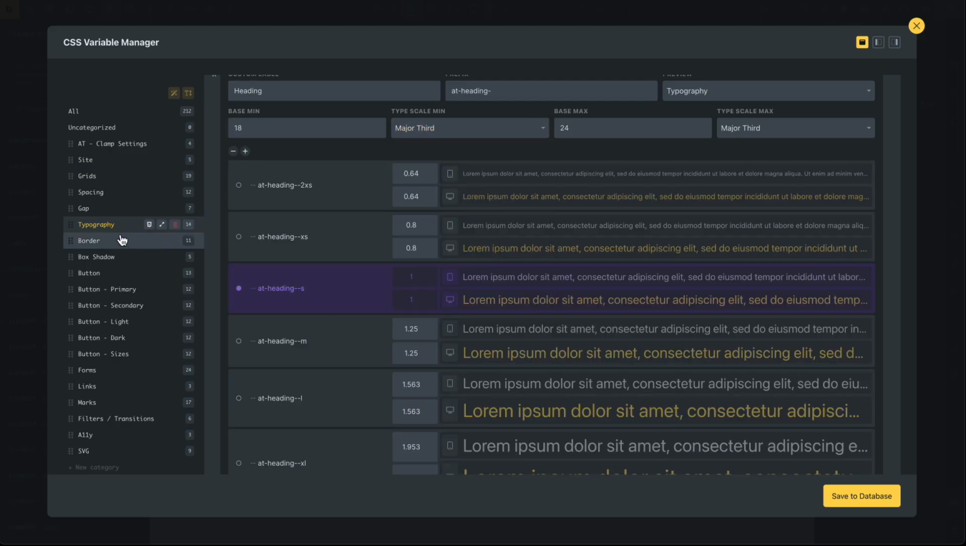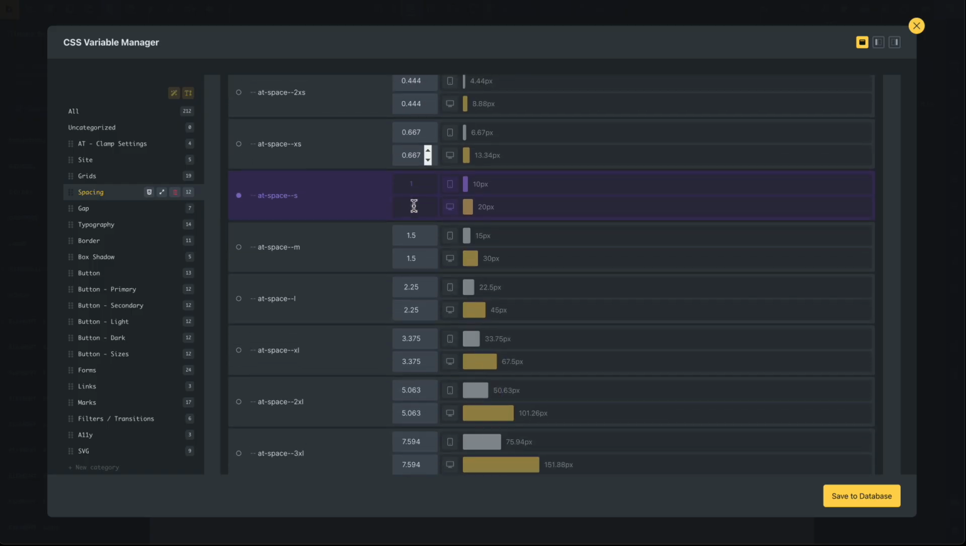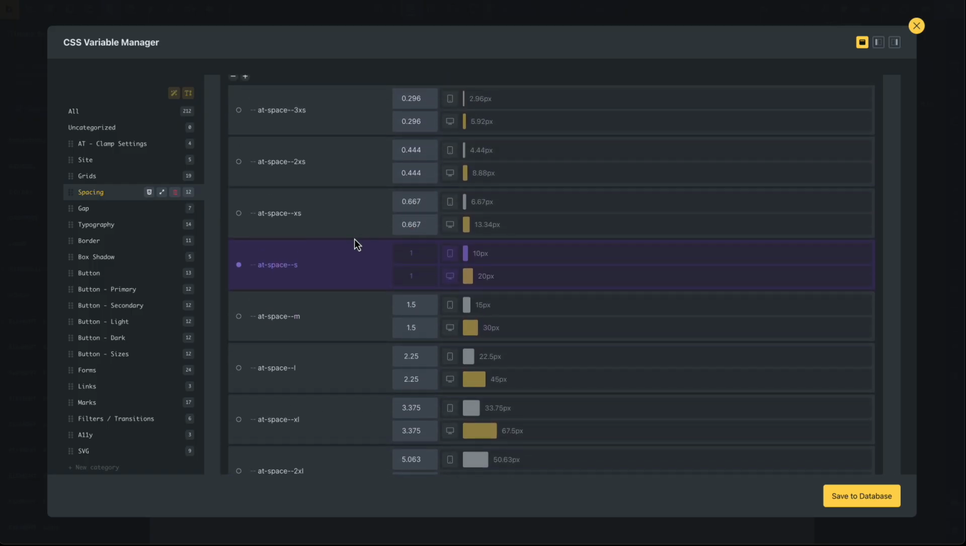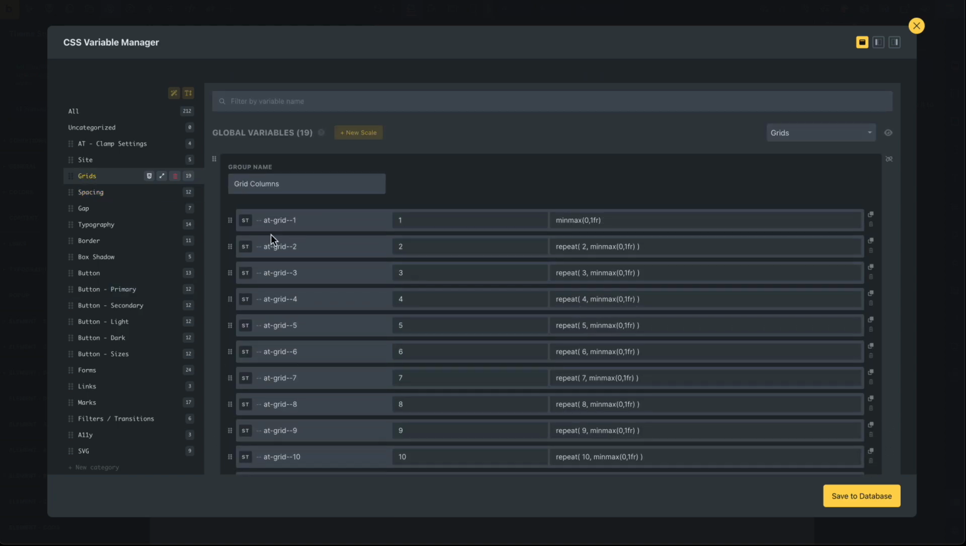There's typography. There's something similar for spacing here. Right, you've seen this kind of thing. Well, this is nice that it's built right into Bricks. So there are button styles. There are global variables for setting up grid columns. Lots of nice features here, kind of things that you're probably used to using, but it's really nicely integrated with